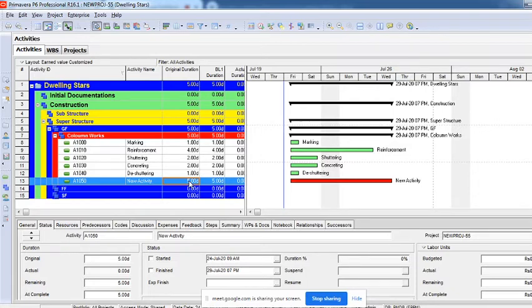Then another way is called analogous estimation. Analogous estimation is totally based upon history, the way I did it just now. I know every time it takes 1 day for marking, 4 days of reinforcement, 2 days of shuttering, with all the reserves I'm talking about. Reinforcement might not take 4 days, it might take only 3 days, but I've kept 1 day as reserve. Shuttering might not take 2 days completely, it might take 1.5 days, but I've kept another half day as a reserve. So with past experience, comparison to something which has already happened, we call it analogous estimation.